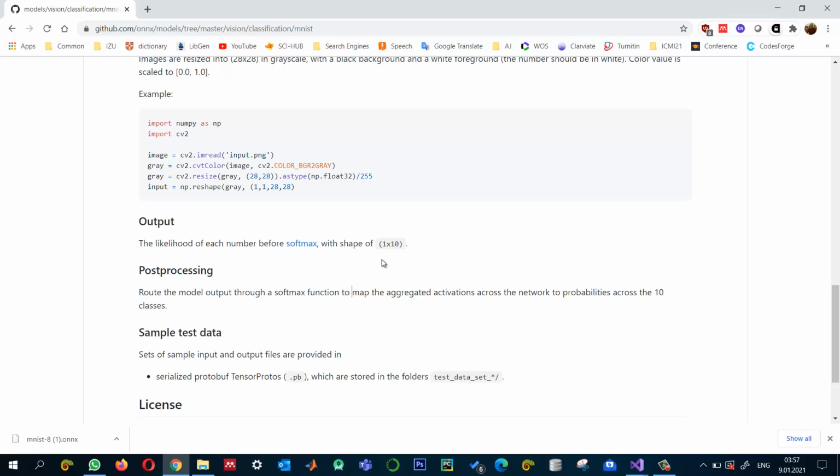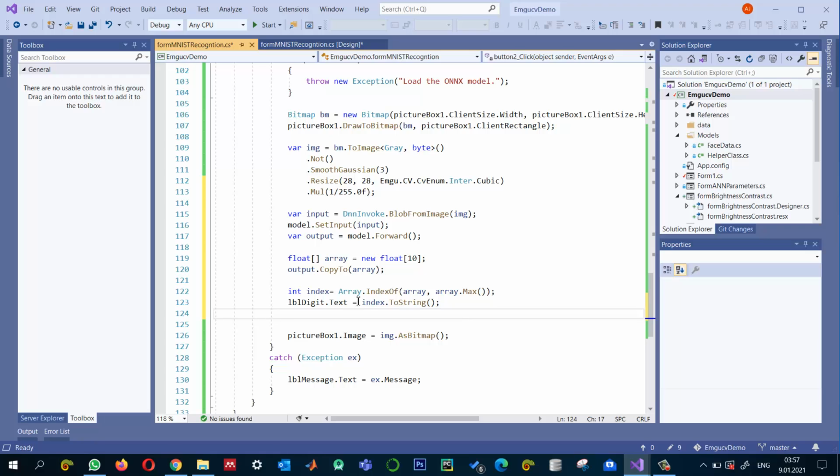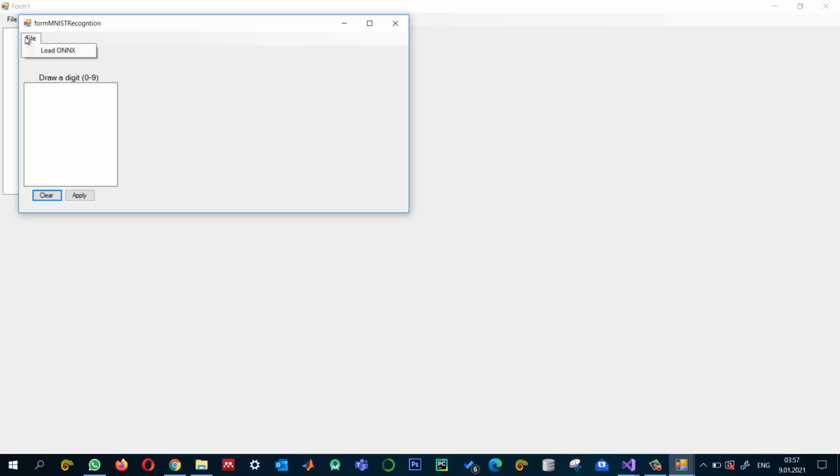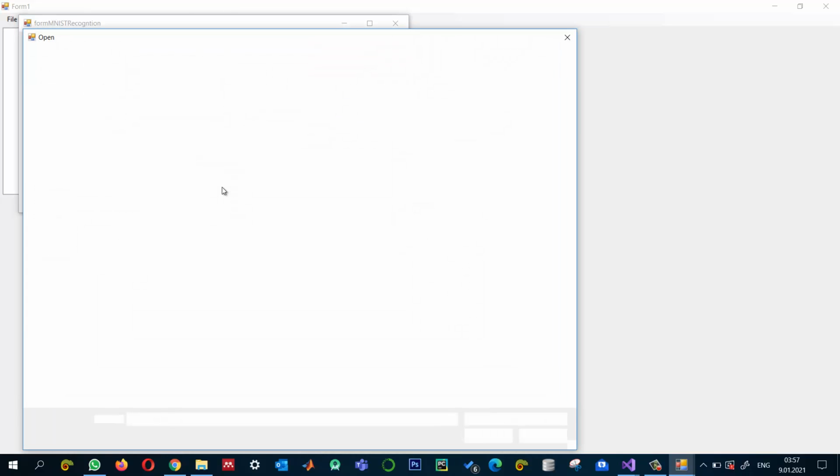But right now, let's see what the scores likelihoods are telling us. Based on that likelihood, what is the maximum likelihood of a digit, and then I'm just going to obtain that. So let me start again, and MNIST, load the model first,